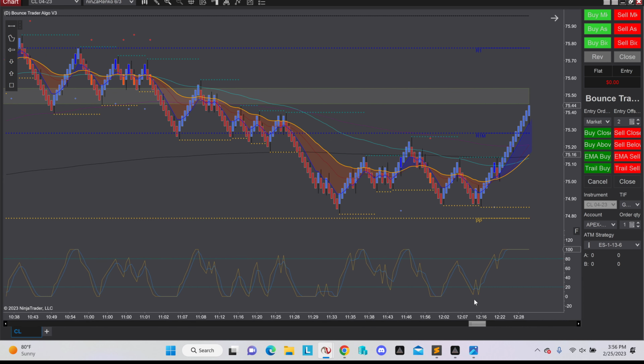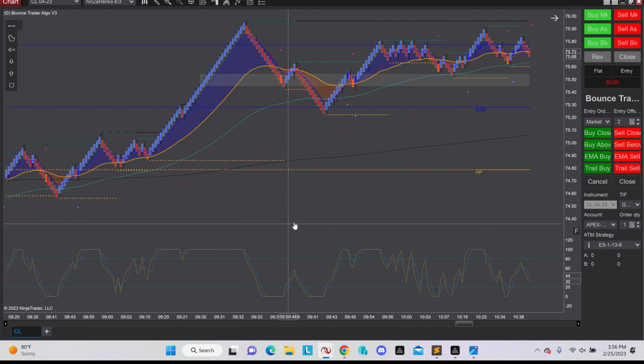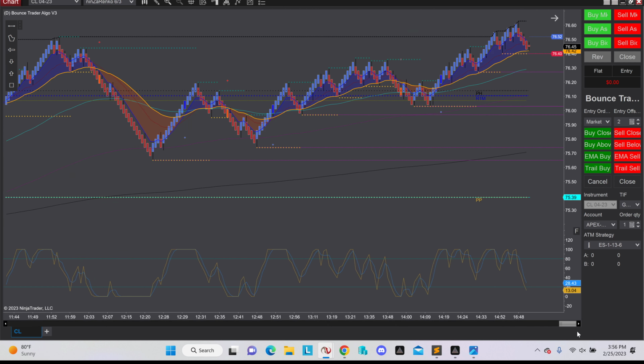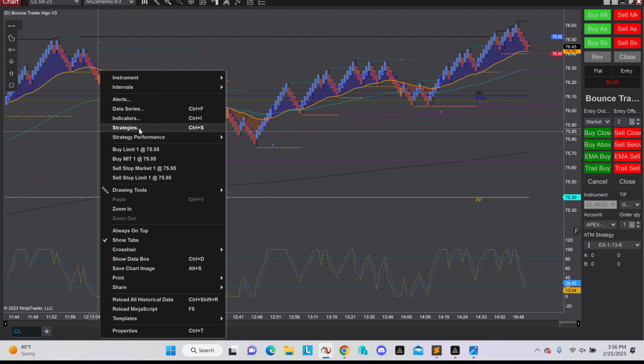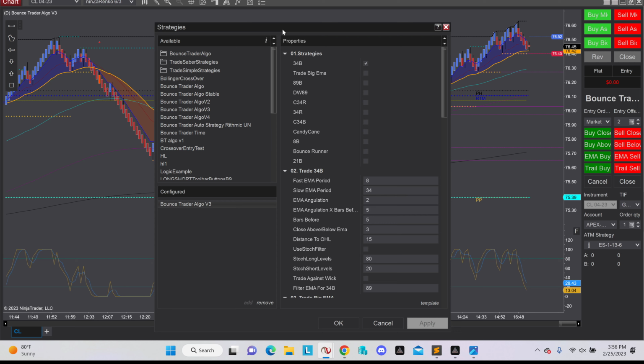Let's look at another day. So we have 9 o'clock, 9 a.m. here, bounce here, bounce here, bounce here, bounce here. So it seems like it's a good candidate for a bounce strategy. So next thing, I would load the strategy, and I would select 34B as a strategy,